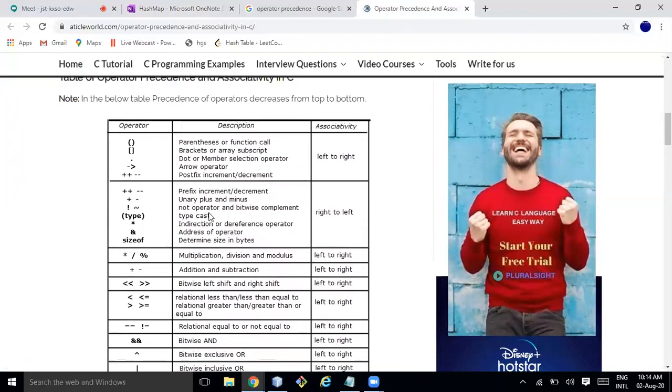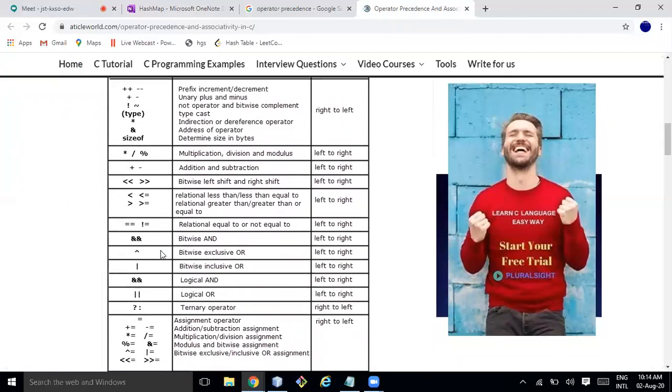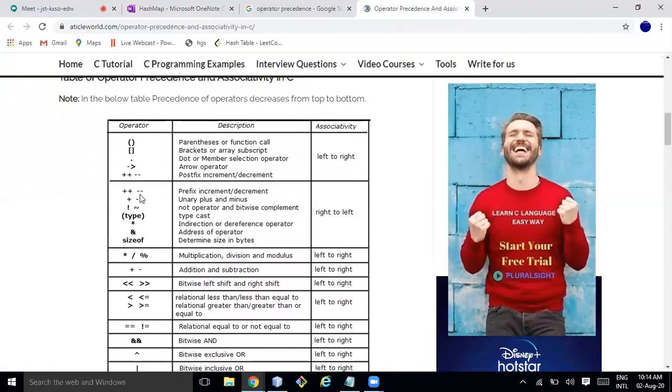Where is the power operator? It's not here. How come? Okay, the power operator is actually above this.